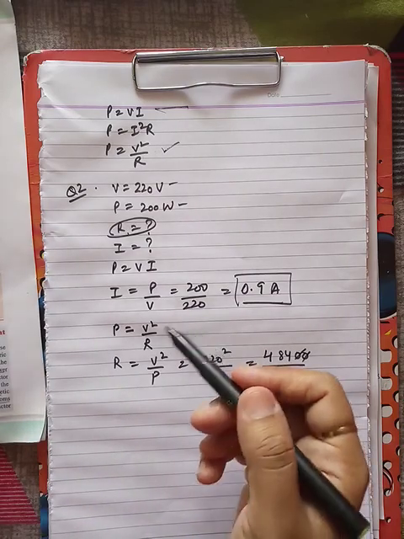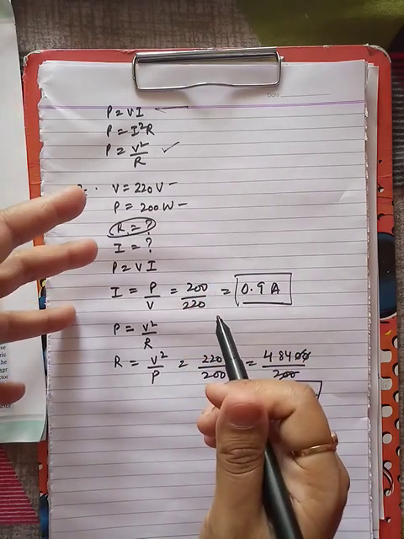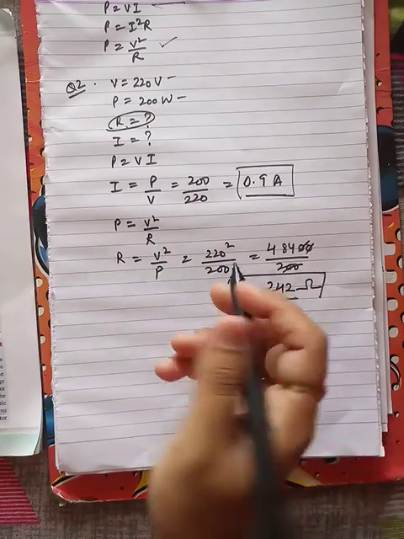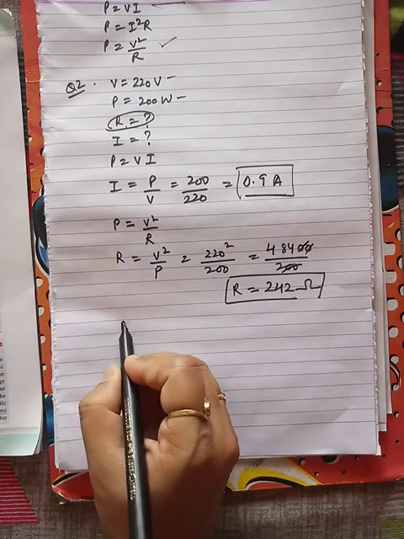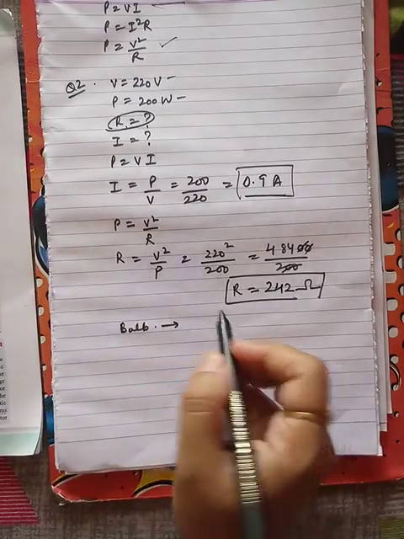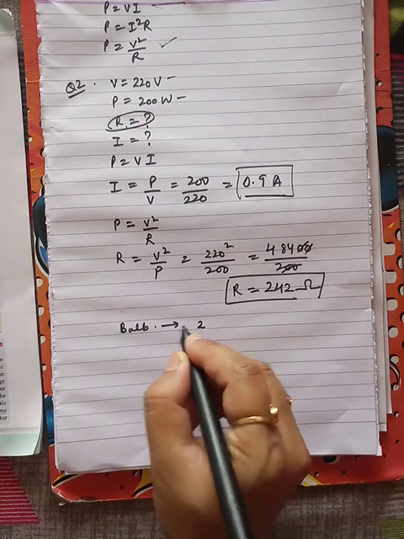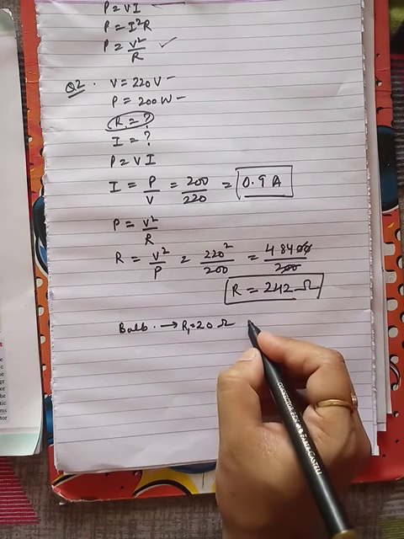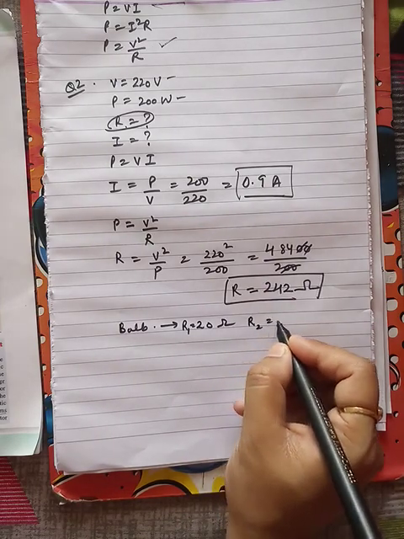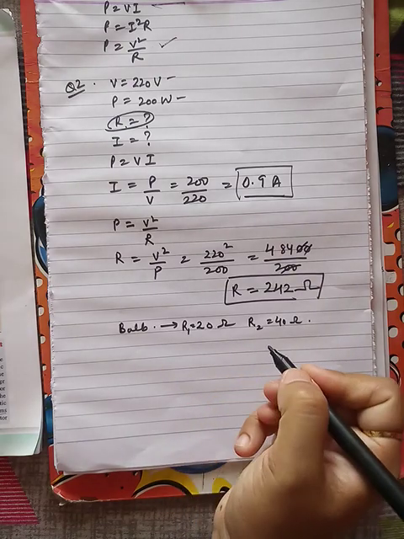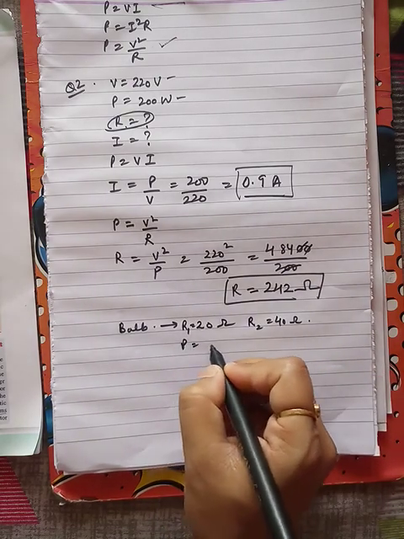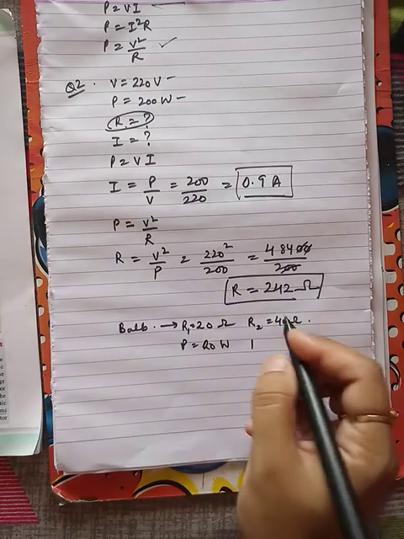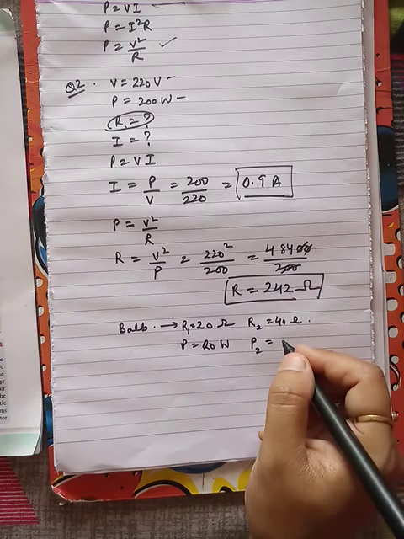So based on power, these simple types of questions can be there, and some other types also. Other types of questions include the bulb type of question, in which we have a bulb of resistance 20 ohm and of resistance 40 ohm, suppose. Or we can say power is 20 watt and in this case 40 watt.